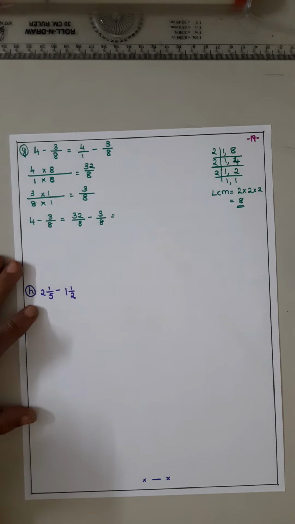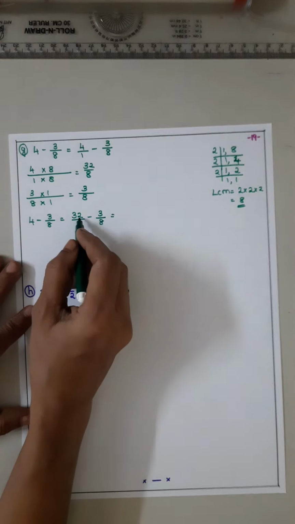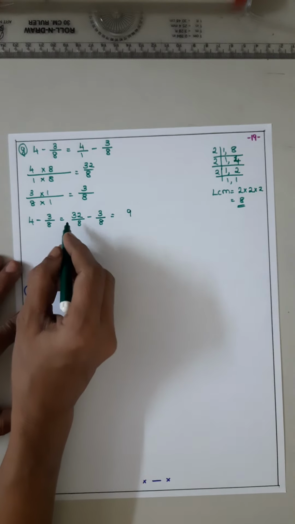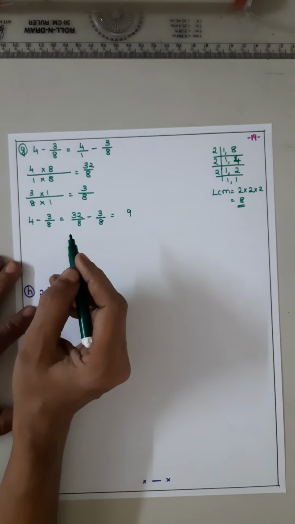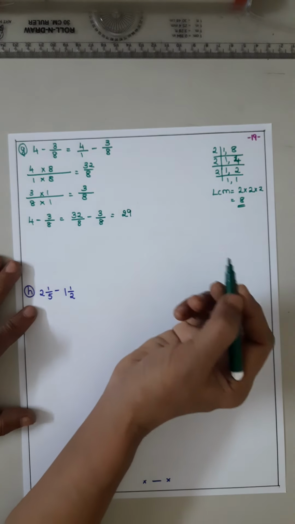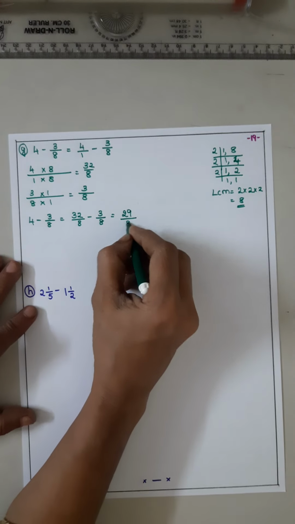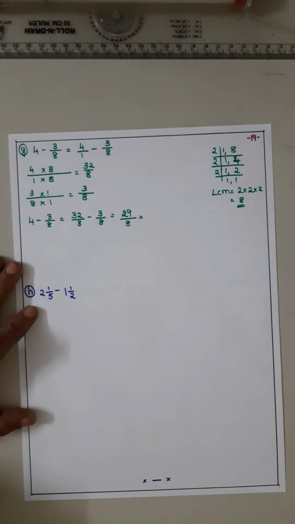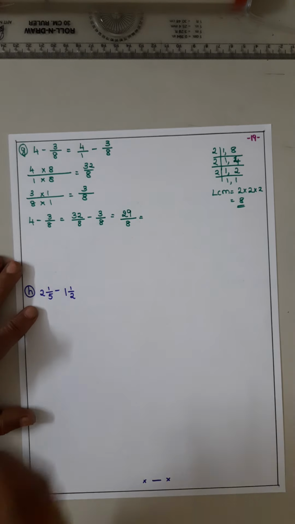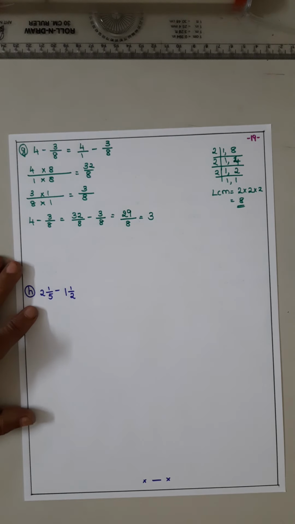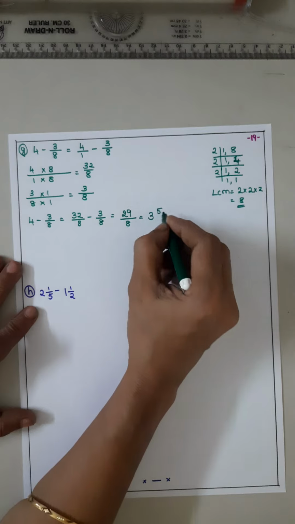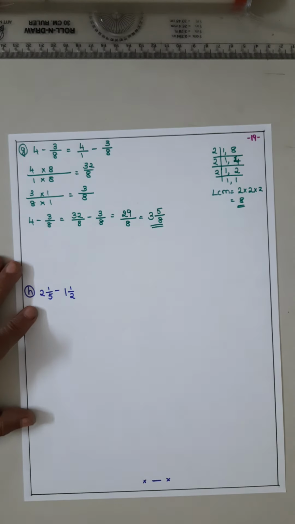है ना? फॉलो करने का है. याद है ना सब्ट्रैक्शन? सो 12 minus 3 is 9. अभी टेंस के साइड में कितना बचा? पहले 3 था, हम एक उस तरफ लेके गए. नाउ इट विल बी 2 is remaining. Understand? So 8 how much are 29? 8 ones are 8, 8 twos are 16, 8 threes are 24, 8 fours are 32. So 8 threes are 24, 25, 26, 27, 28, 29. कितना बचा? 5 by 8.